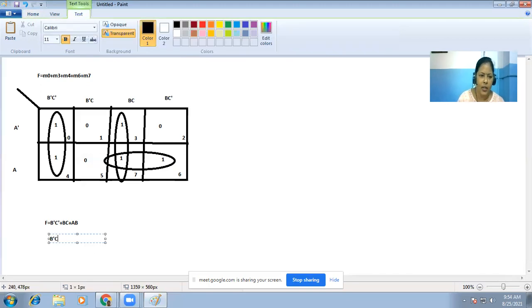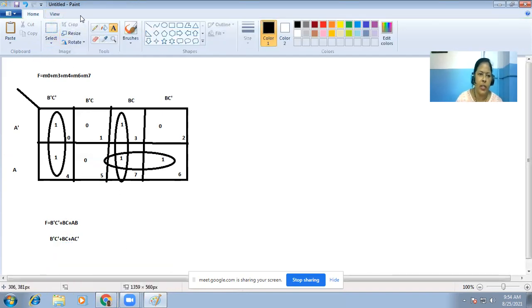A bar C bar, same, it will remain same, plus BC plus, for that case, from this side A is fixed and from the upper side C bar is fixed. So for this particular function, there are two solutions. One is this and another one is this. Both are correct.